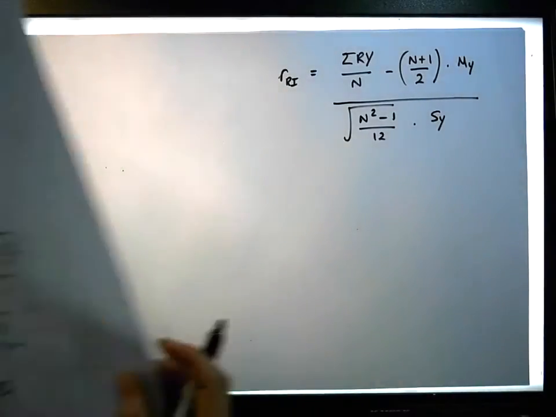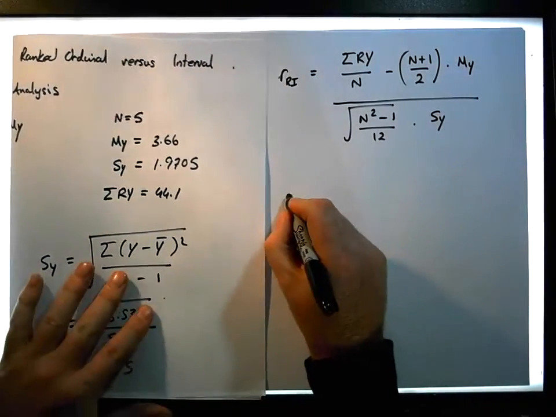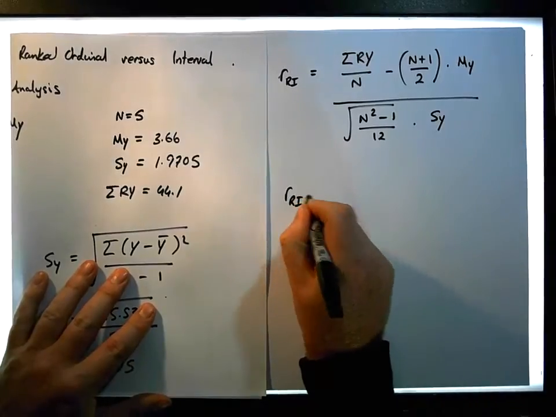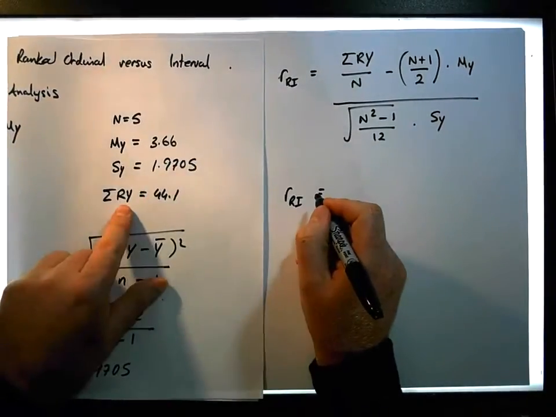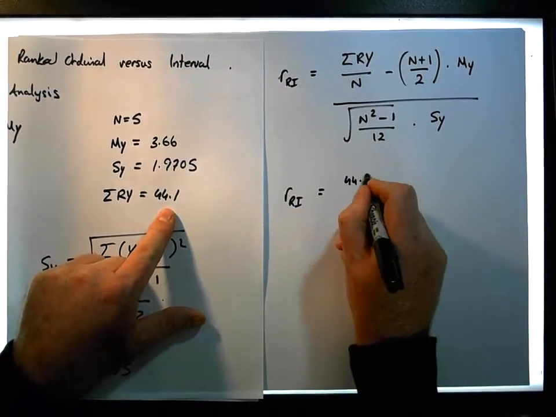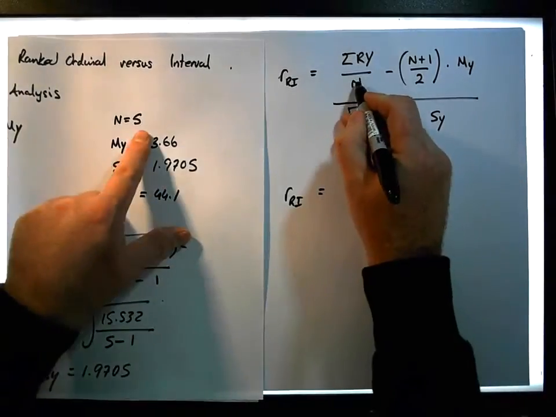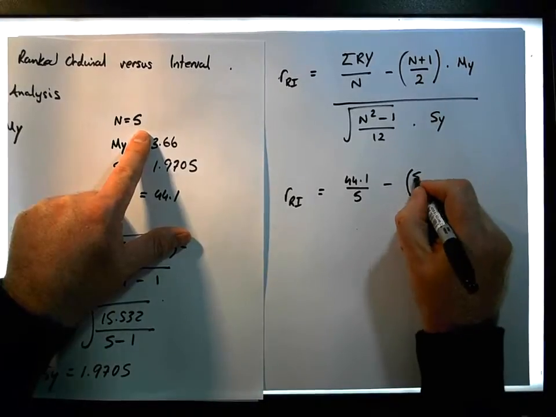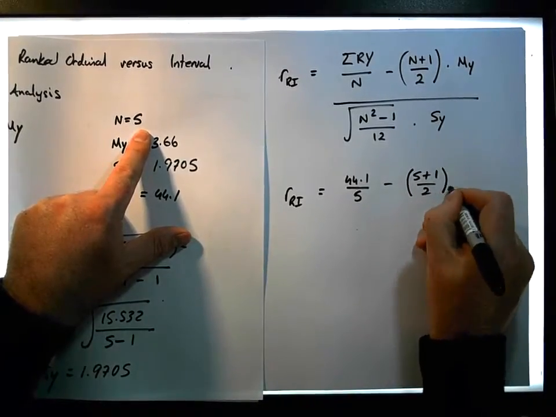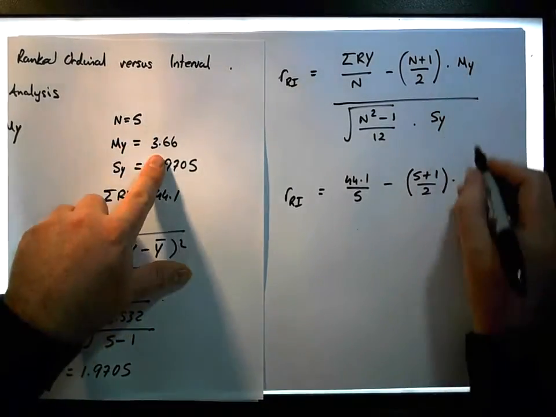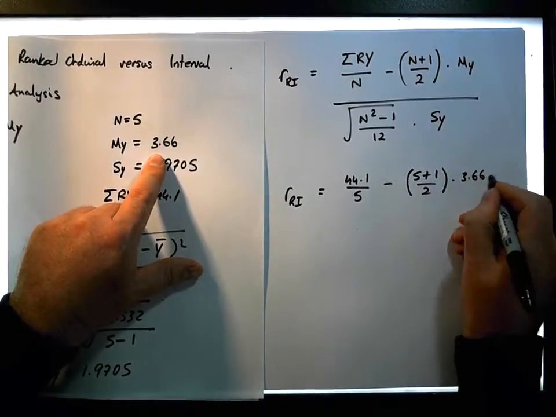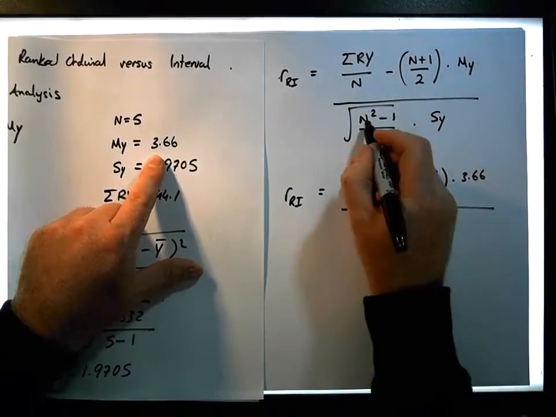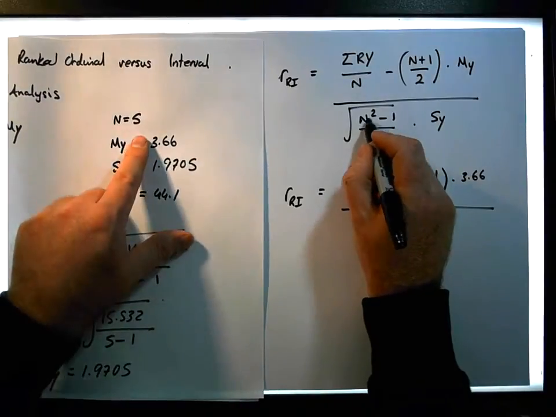So we have all of our values. So we have R or I becomes the sum of the cross products, 44.1, divided by the number of paired observations, 5, times the number of paired observations, 5, plus 1 over 2, which needs to be multiplied by the mean, which is 3.66, which needs to be divided by the square root of the number of paired observations